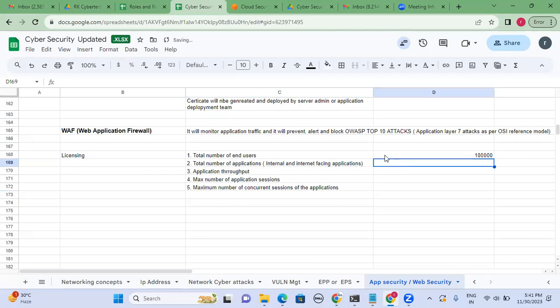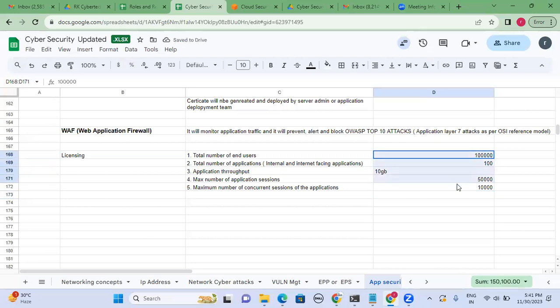And total number of applications, example 100, combination of both internal as well as external. Application throughput is 10 GB. Maximum number of application sessions, example maybe 50,000 sessions. And maximum number of concurrent sessions, 10,000 per second. So if we are providing these counts to the respective vendor, now vendor will provide suitable model number to us